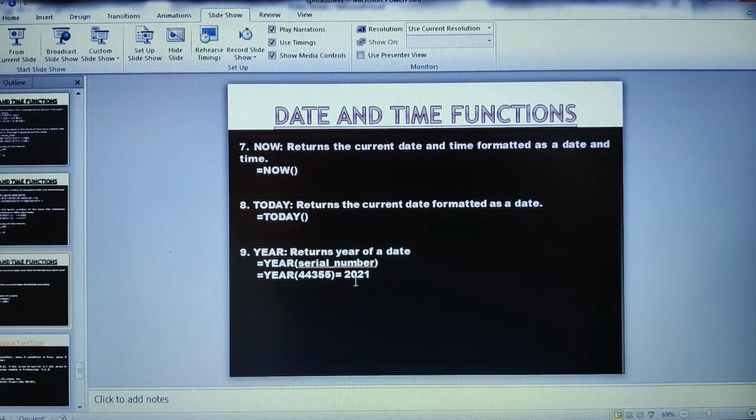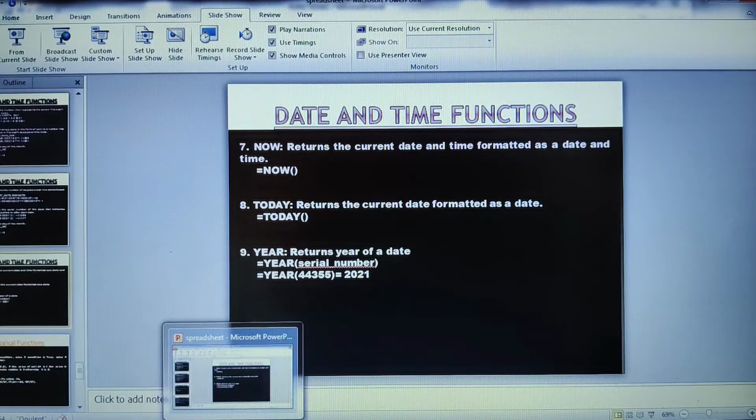Similarly, Jan 2 1900 has serial number 2, Jan 3 1900 serial number 3. Like that, for the date 6th month, 8th day 2021, that is yesterday's date, I have this 44355 as the serial number.